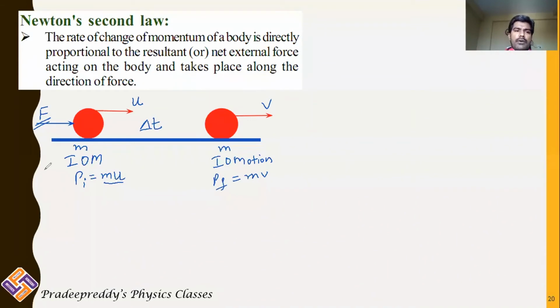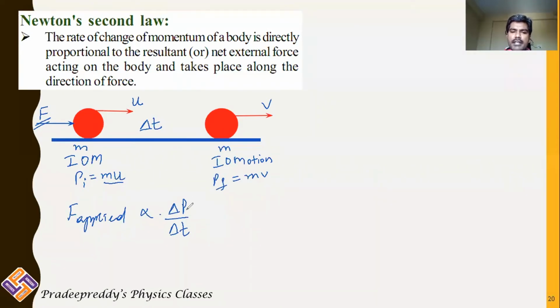Okay, so the applied force F applied is directly proportional to rate of change of momentum. You can clearly write that. Because of the applied force, there is change in the momentum. If you are applying force with greater magnitude, change in the momentum would also be greater. If you are applying less force, then change in the momentum would also be less. Therefore, force applied can be simply written as directly proportional to change in the momentum of the particle.